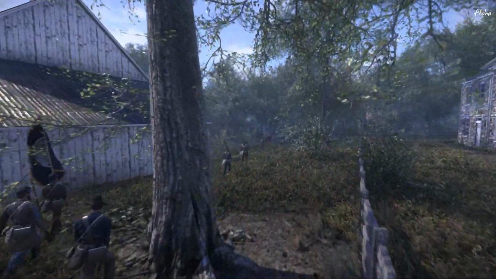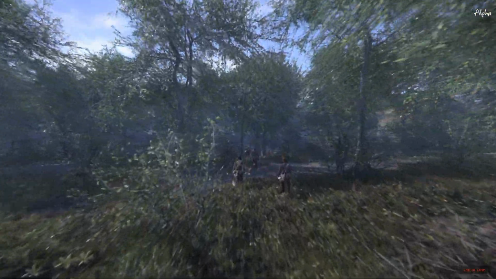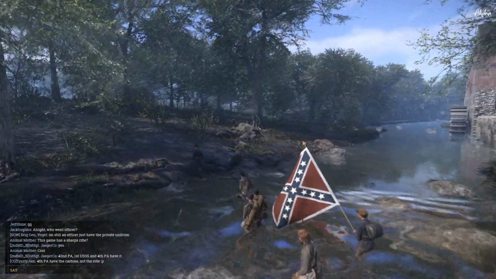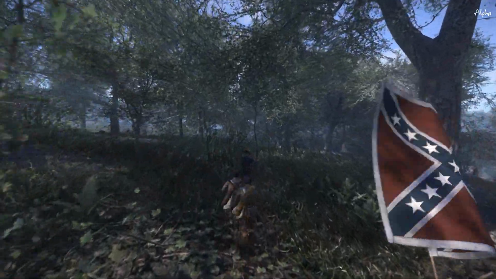So today they have released Spectator mode, so we're going to be taking a look from Spectator camera and viewing the battlefield. So we are on, I believe, the mill map. I forgot the name of it, but it looks like the Confederates are already crossing the river. They're going to be heading over to Yankee positions and pushing around, and it looks like they're going to be engaging,